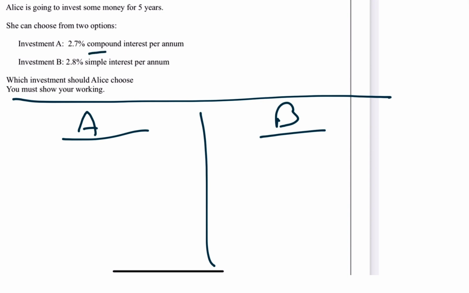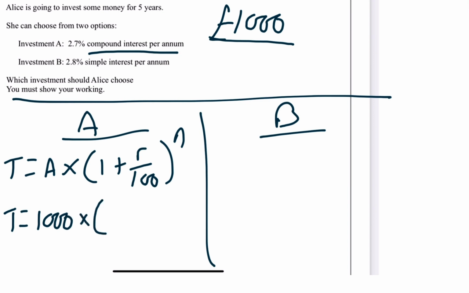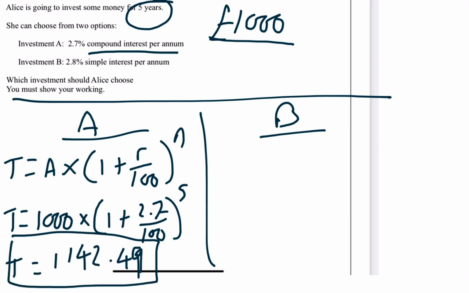Investment A is a nice compound interest question again. So T is equal to the amount multiplied by 1 plus the rate over 100 to the power of n. The amount is not actually mentioned. So what do you do when there's no amount mentioned? You create an amount of your choice. I'm going to put in, say, £1,000. That's always the best one to put in. So £1,000 multiplied by 1 plus 2.7 over 100, to the power of 5, for 5 years, and therefore T is equal to